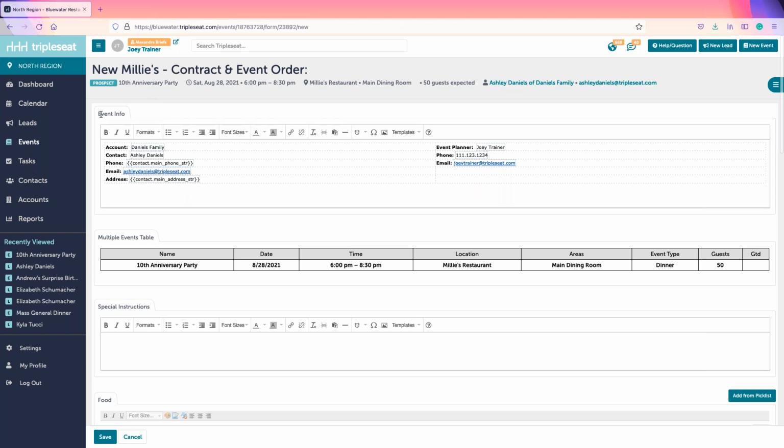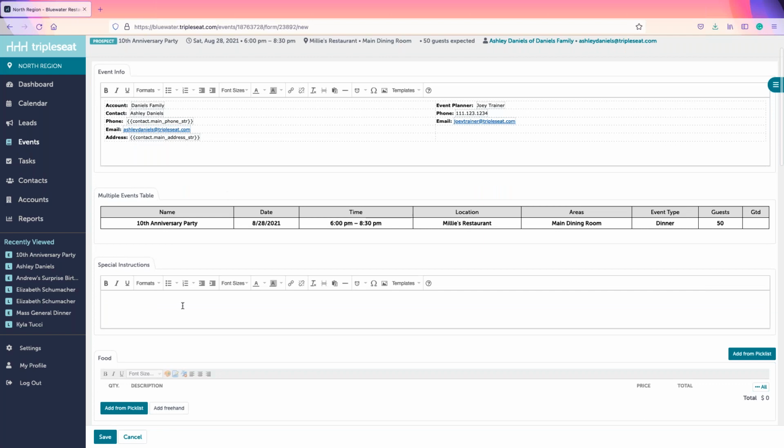So you'll notice that some text boxes will pull information by default. So wherever you see a perforated line, that's a merge field, and it's going to pull like the contact name or their email from elsewhere in Tripleseat. Some sections, though, you'll need to fill out by hand. So special instructions,